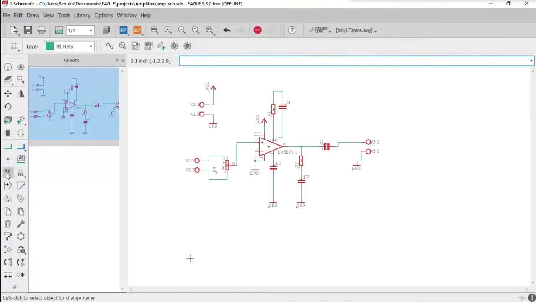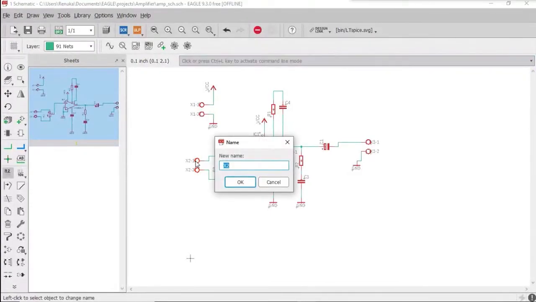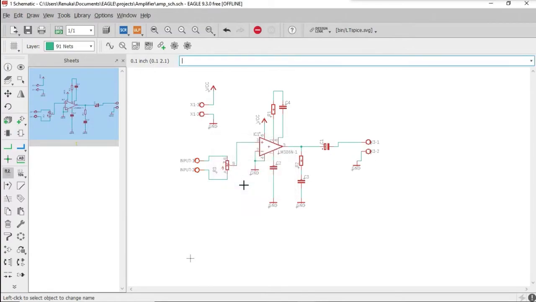Click on that, and after selecting that option, click on the component which you want to name. Now we will name this input screw as an input terminal. So click on that. A small window will pop up saying type new name. So just type your new name. I'll just put input. After typing input, select OK. You can see that it will automatically get changed to input 1 and input 2.